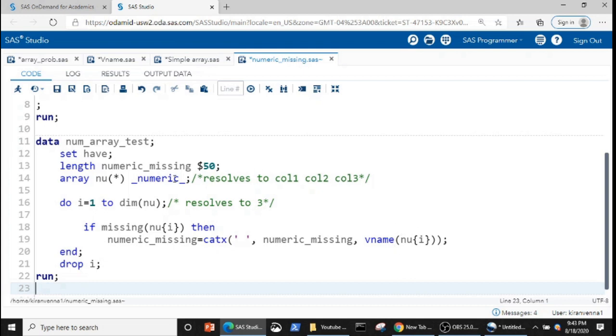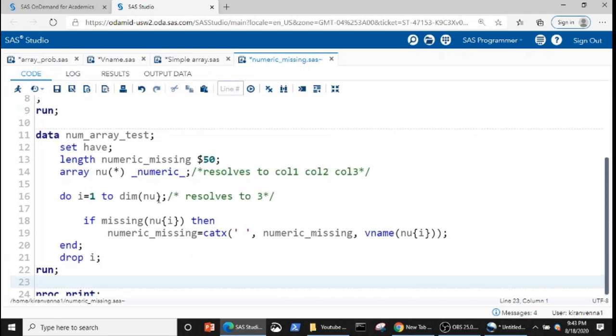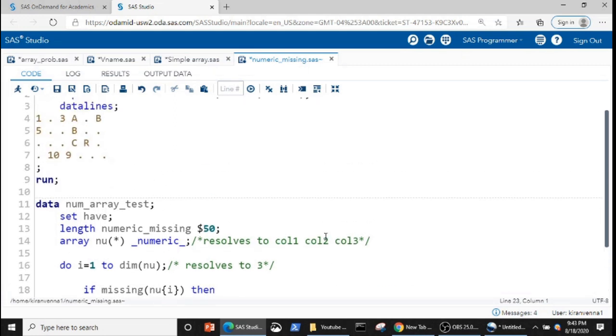Now we do i equal to 3. Here you can see that call3 is missing. So this is going to do catx with space and numeric_missing. Earlier, we captured the numeric_missing value as call2.